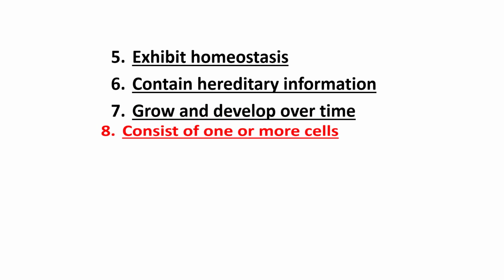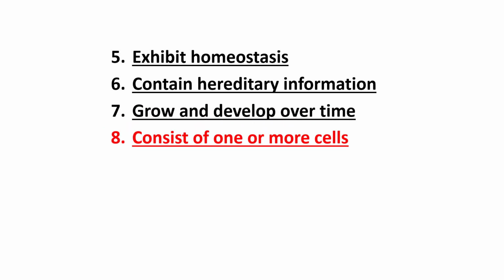And the last thing, which is kind of a segue to the next part, is that they always consist of one or more cells, as I've alluded to. So life has to have at least one cell, and many life forms have significantly more than one cell, but that is always the minimum. So that's the laundry list of your characteristics. And as I mentioned, those are not universally consistent. That's the list that I've put forward, and you will see some variation depending on your source.